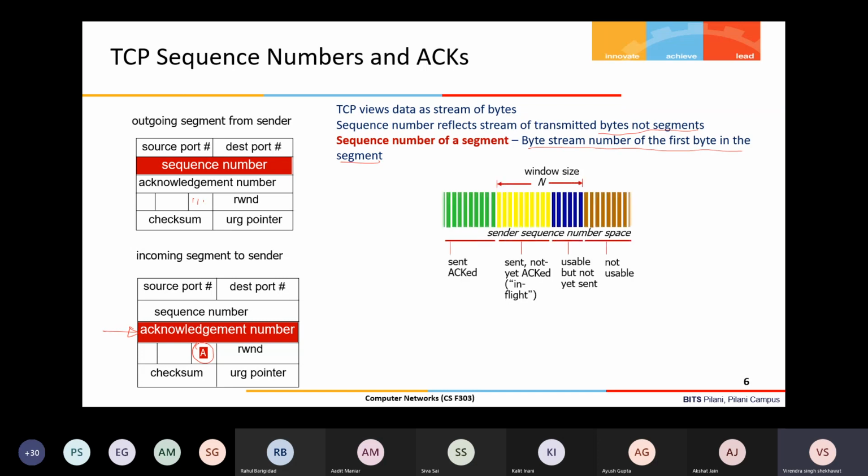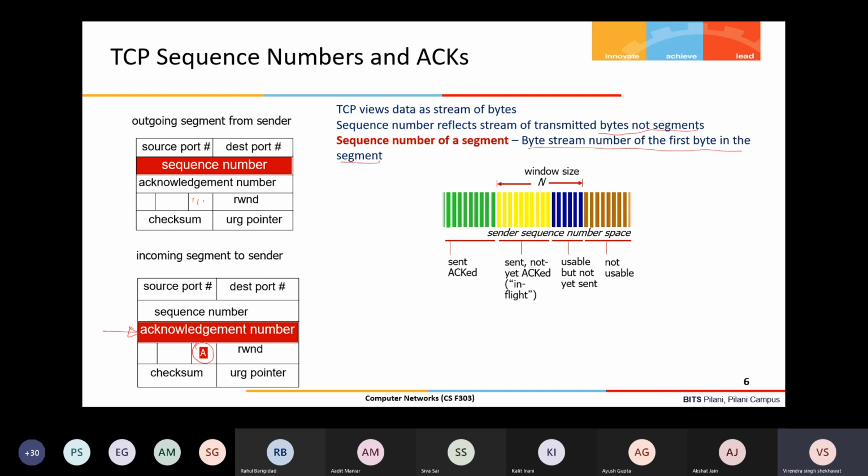So this is a typical window scenario at the sender side. The sender has a given window size of n, and you know how the window size is decided. Window size is decided based on 2 parameters: one is flow control, the other is congestion control. Right now we know a little bit about flow control. It decides how many bytes I can send without receiving an acknowledgement, that is, how much data at a time I can send in a single shot. That number is decided by the window size, and it's not always fixed.